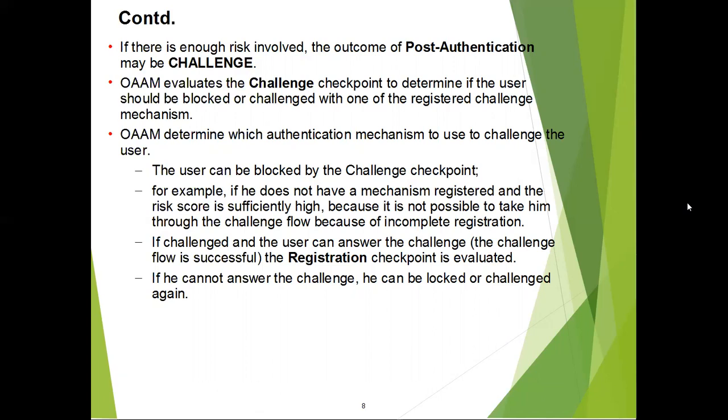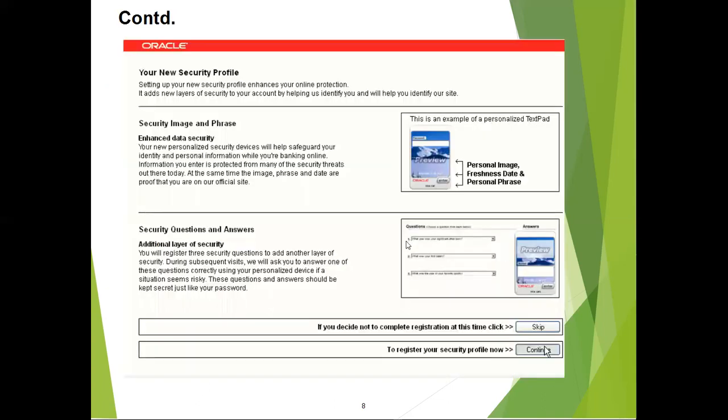Now you have decided to challenge the user. How will you challenge the user? Either you will ask them to enter a pin, if the user has a registered OTP, or you can challenge them with the security questions that the user configured at the time of registration. At the time of registration you ask questions, so from here OWM knows that the user has configured questions, so it asks one of the security questions. It will present you this page, where it will ask you to enter the answer to the question you have registered. So we have discussed challenge as well.